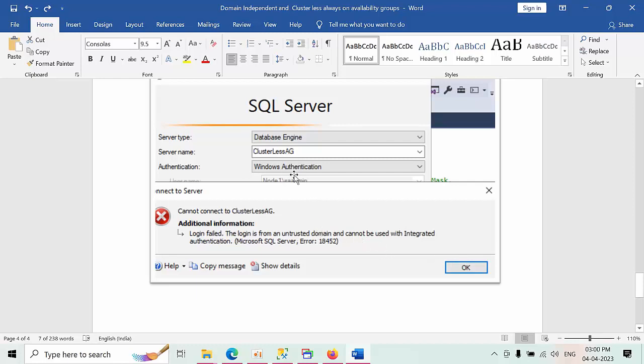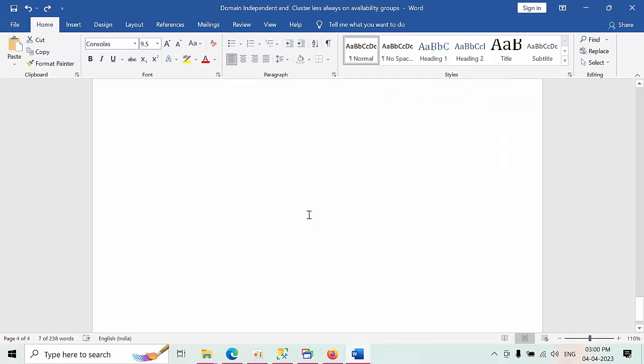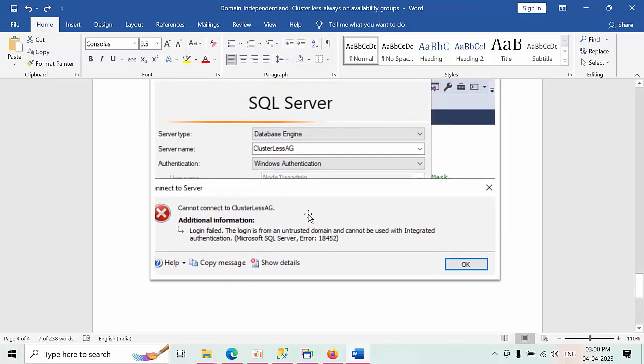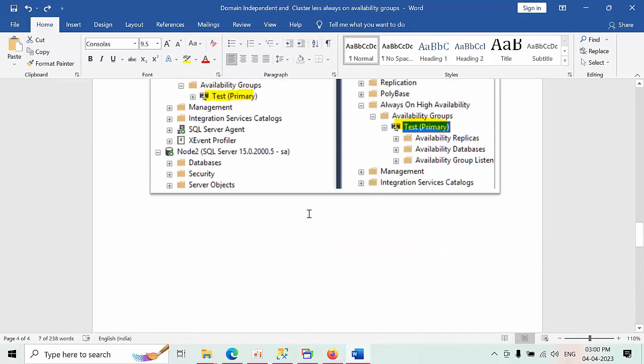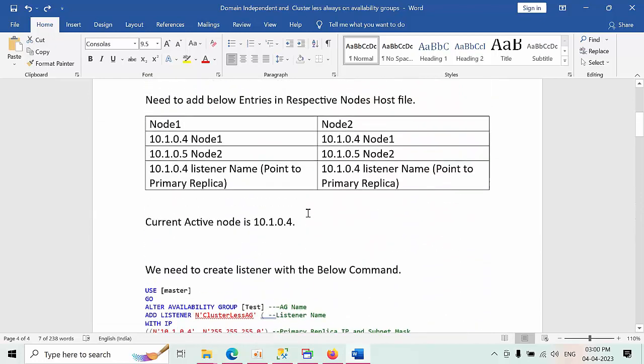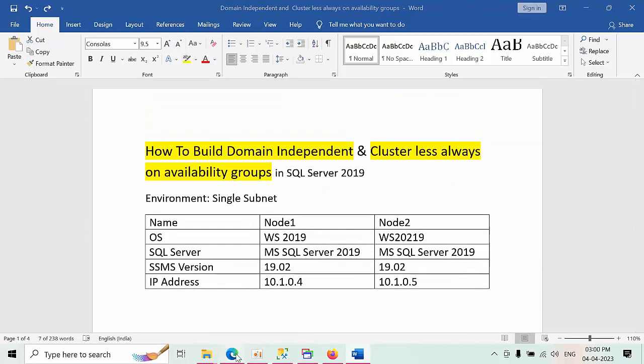If you go with SQL authentication, we can avoid it, since the environment has limitations. So we also have limitations or issues for connecting as well. We need to understand what kind of environment we are building. Okay, so this is the overall theory and everything. I will show you my